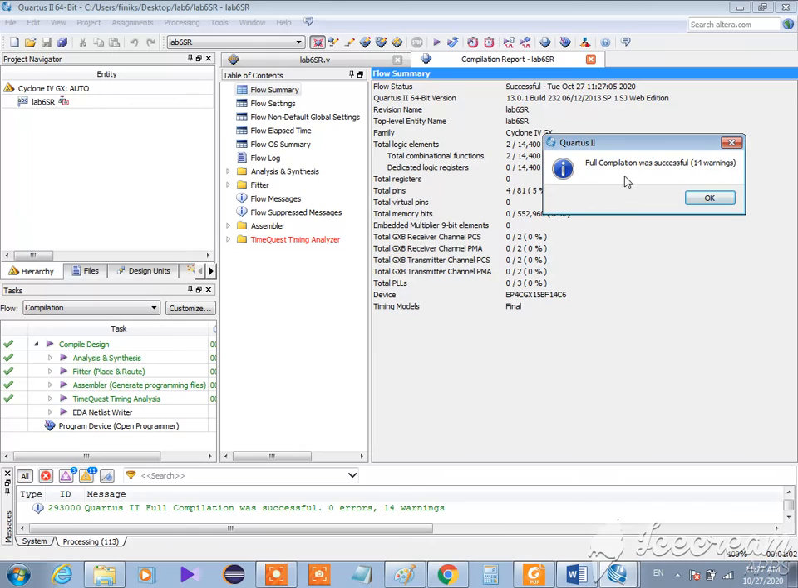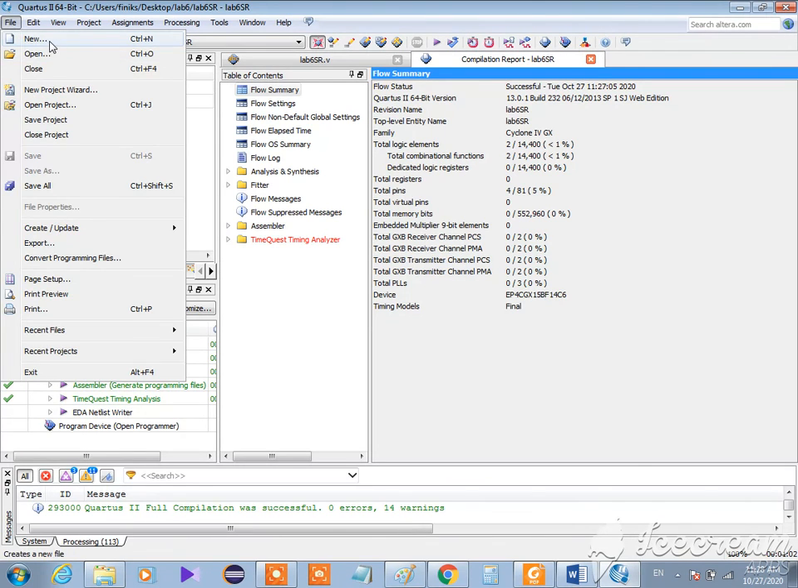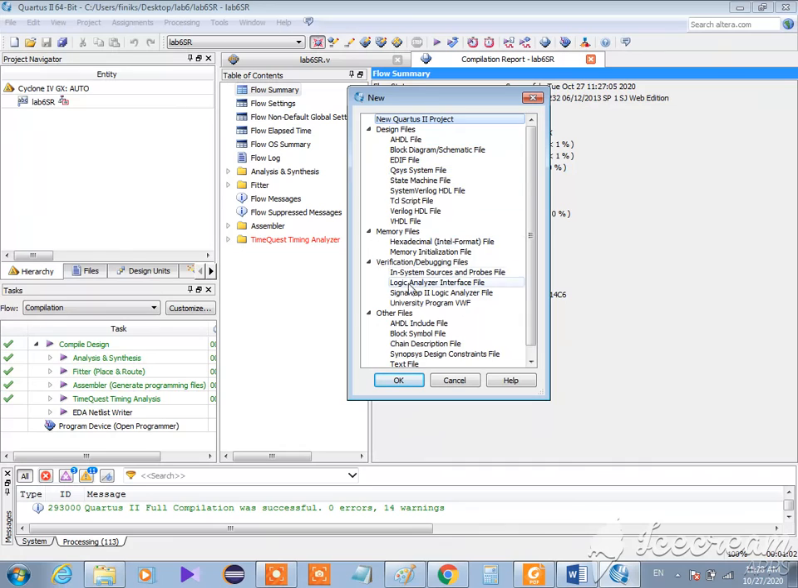Okay. Now we finished. Full compilation was successful, and we have 14 warnings. Okay, don't worry, so everything is fine. When you see 100%, everything is fine, and the compilation is finished. Now we are going to check our simulation. Like the previous lab sheet, we go to File, New, and here we select